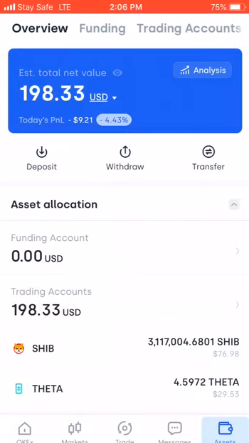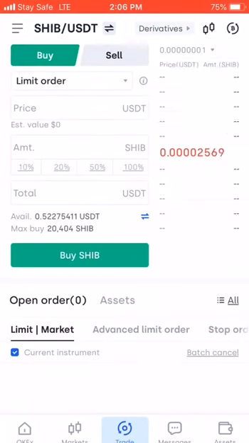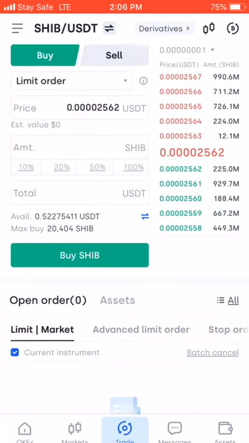Once you log in, you click assets, you will see the coins we have. Then if you click trade, it will take you to where you will buy and sell. So, the option of buying or selling with a local currency will not be there. Then you go to OKX homepage.